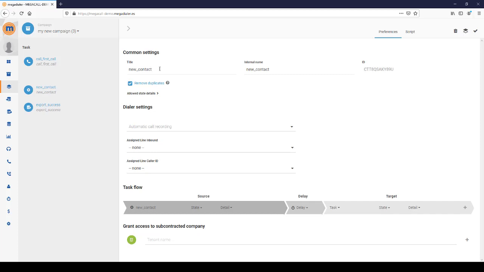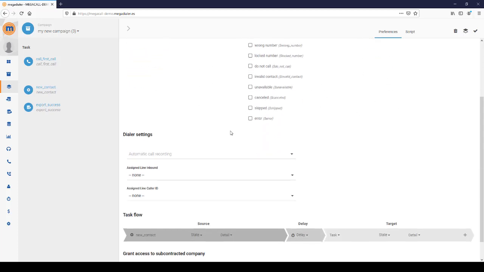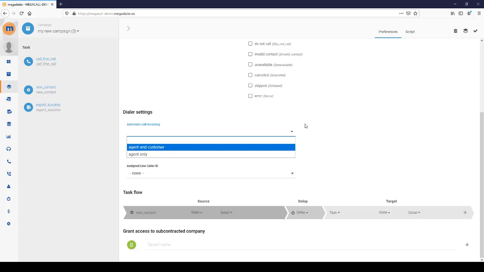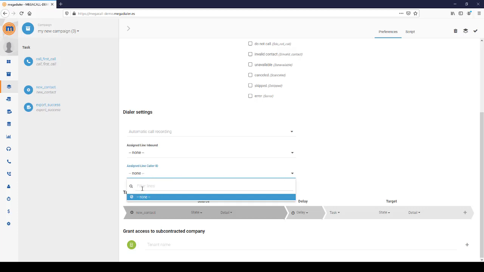Right, we have the same format. We have the title and the internal name. You've got the state details, so you can define what different custom statuses the agent should be able to select. You've got the option to call record as well. You'd assign it here to the inbound number, and you can also set it so that it displays a particular caller ID as well. The reason that we've got assigned line inbound is so that when you receive a call,